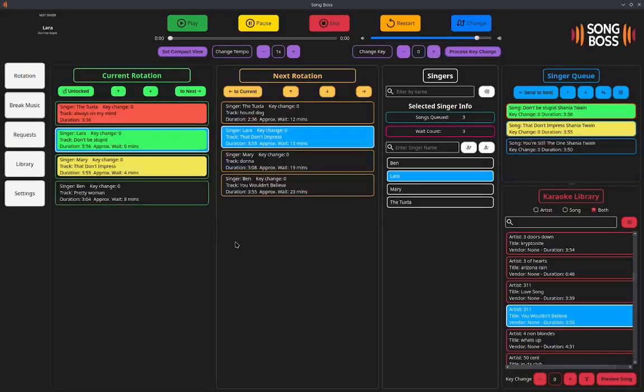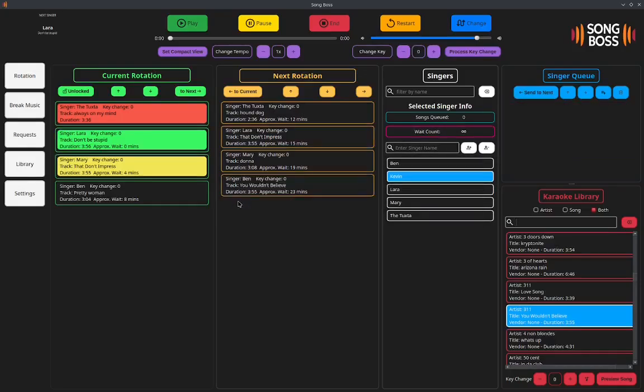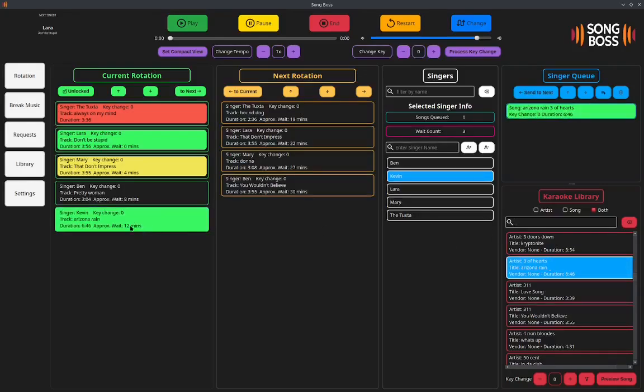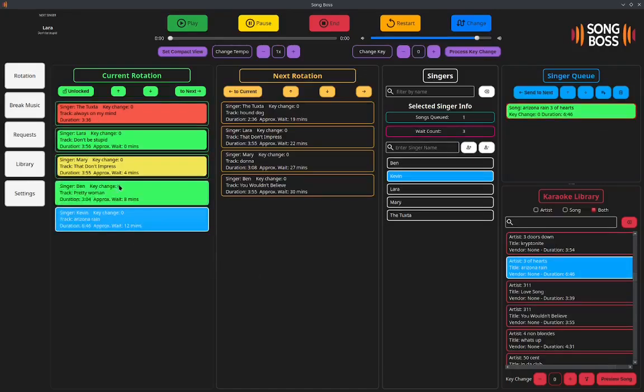And I'll show you another really big advantage to that. Let's say a new singer walks in, Kevin, and he wants a song. Well, Kevin hasn't sung yet, so he should really just go on the end of the current rotation. If he goes on the end of the next rotation, that means Lara, Mary and Ben will all sing twice before Kevin gets a go, and that doesn't seem very fair. So I'll just add a song for Kevin, and you'll see Kevin went straight into the end of the current